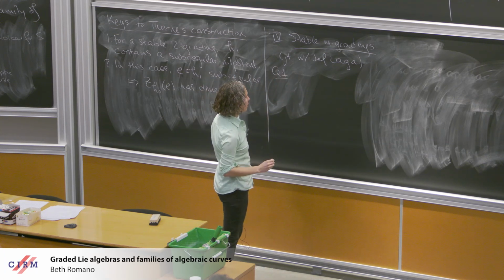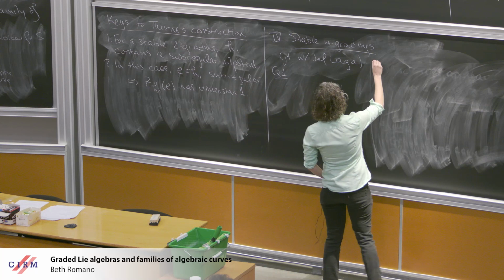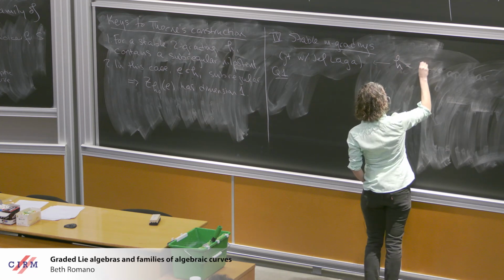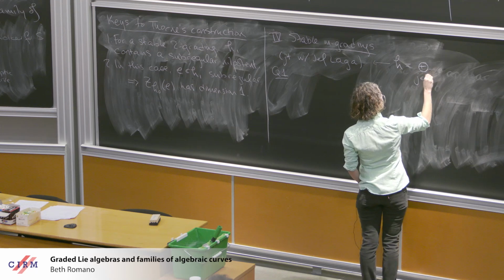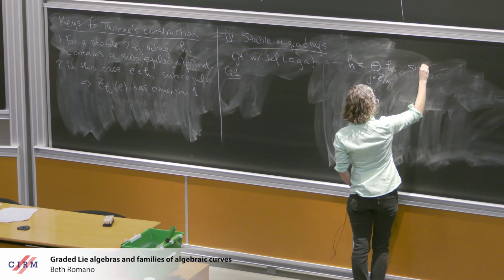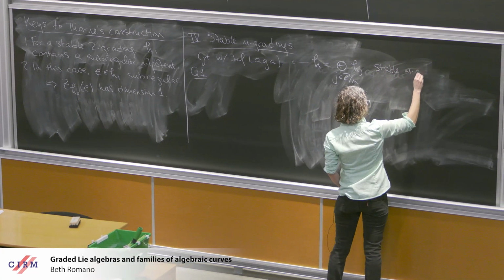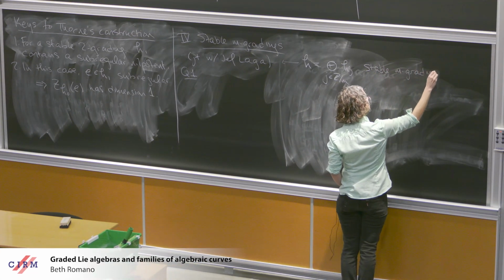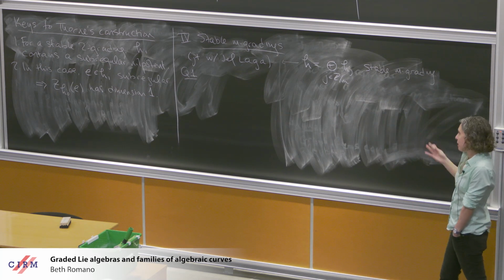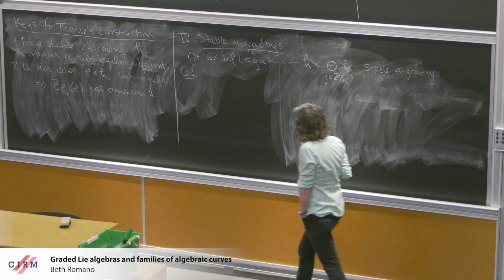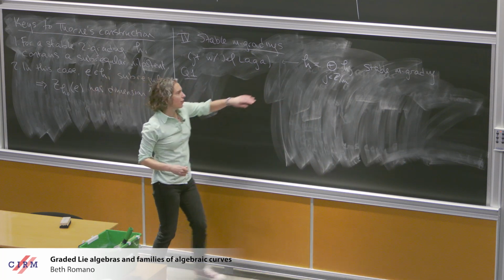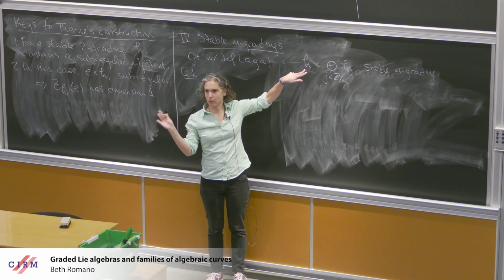So what are we doing? Our setup is that we've got H, we've got a stable M grading on H. Stable meaning the same thing, that we have these nice orbits. The first question we asked is, if we take an arbitrary H, just a simple Lie algebra,